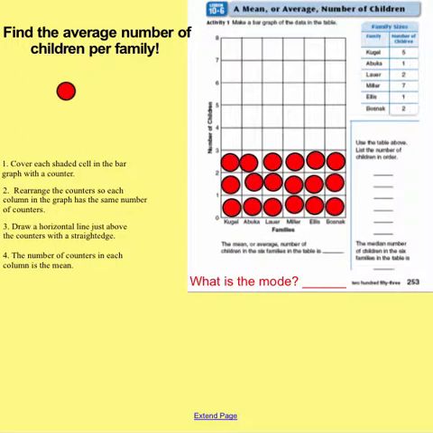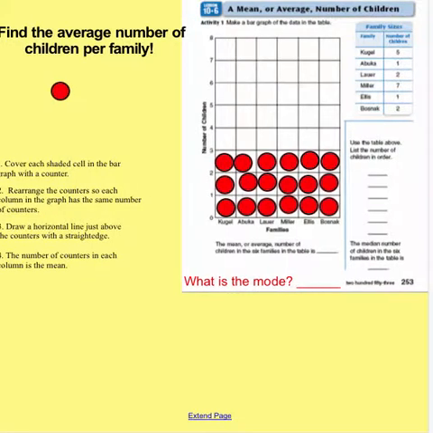So average is another word for mean. Absolutely. Okay, so that means they would all have about the same number of children. Not exactly, because we know the exact numbers were a little bit different. Very good. Yeah, some of those families had 1 kid, some of them had 7. So in the end, if you all kind of just even it out, it would turn out to be that